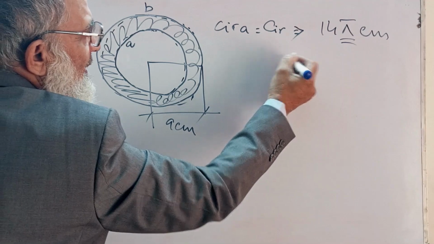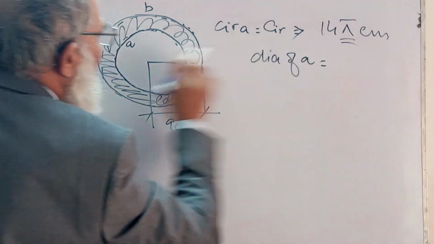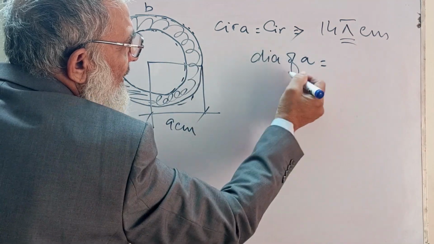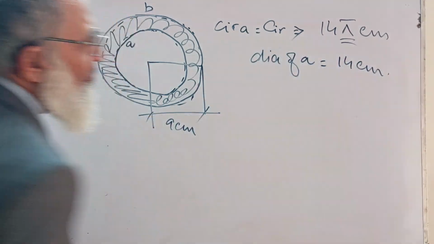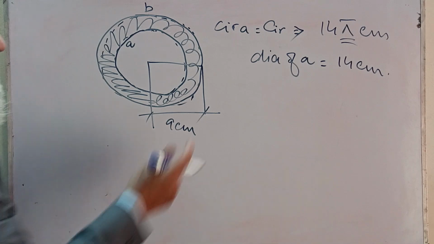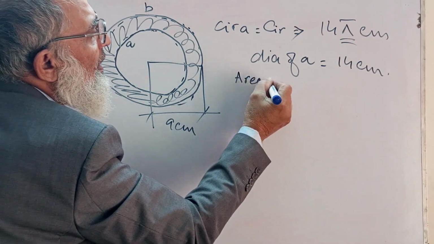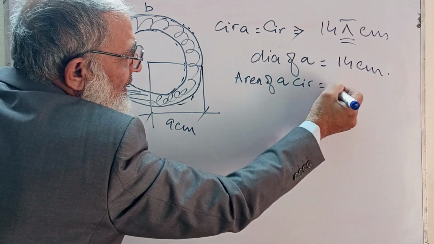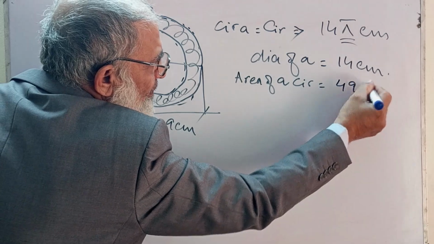So 14 is the diameter of A. Circle A is the inner circle, so the diameter of A is equal to 14 centimeter. Now with this we'll find the area of the smaller circle, which is A. Area of circle A is equal to pi r square. So it will become 49 pi